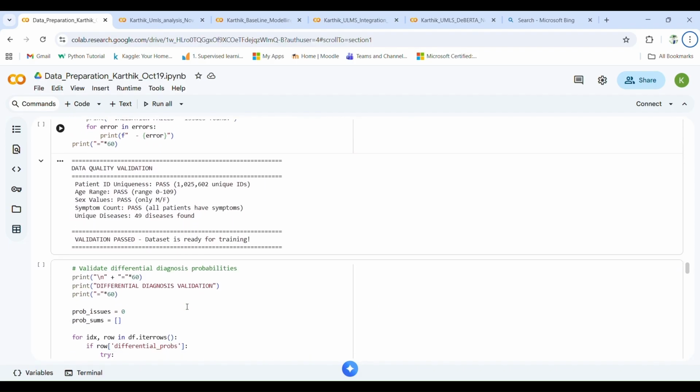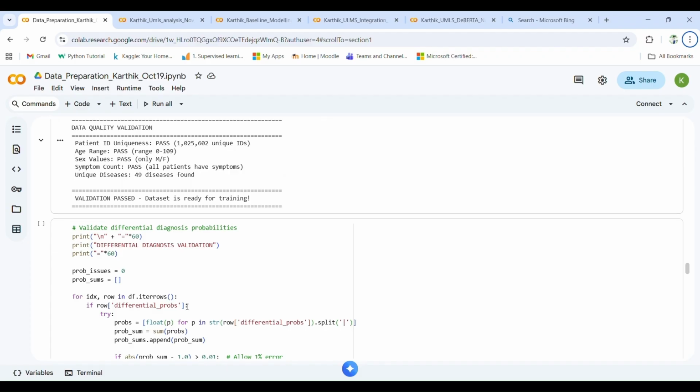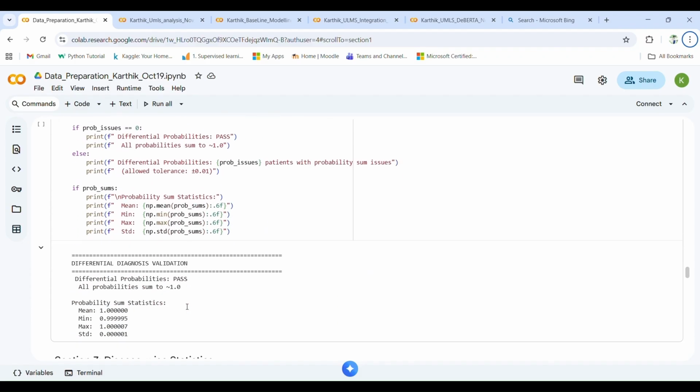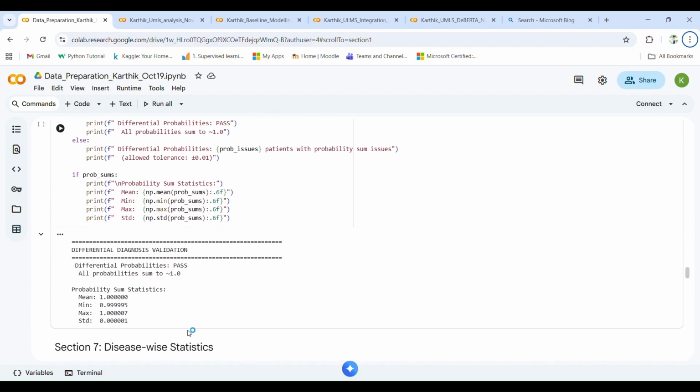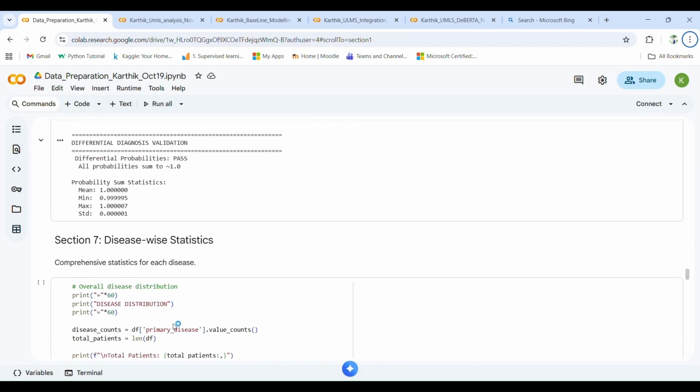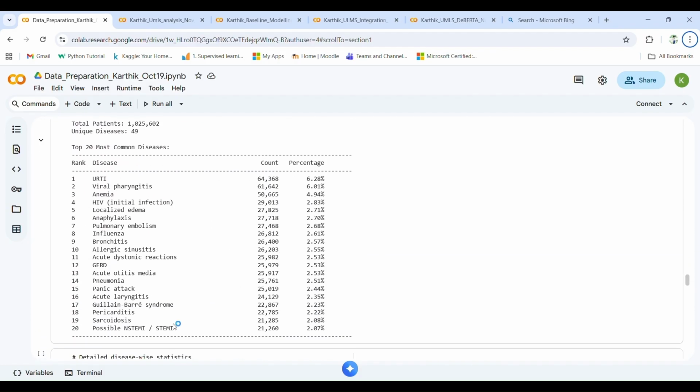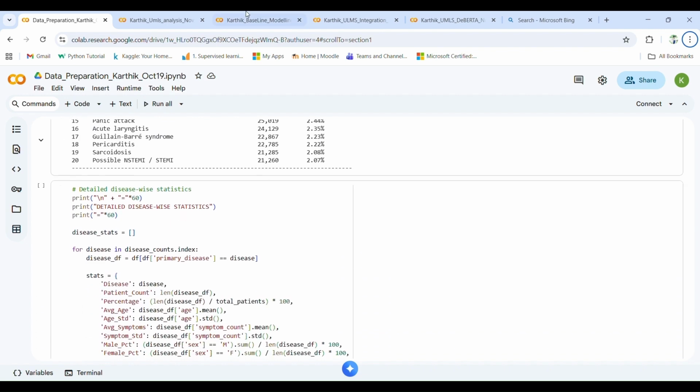And for the validation, for checking whether any outliers are there in the dataset and finding the probabilities for each disease. And disease-wise statistics are also mentioned, like for each disease what the count is and what the percentage of the disease is, mentioned here. And coming to the next line,